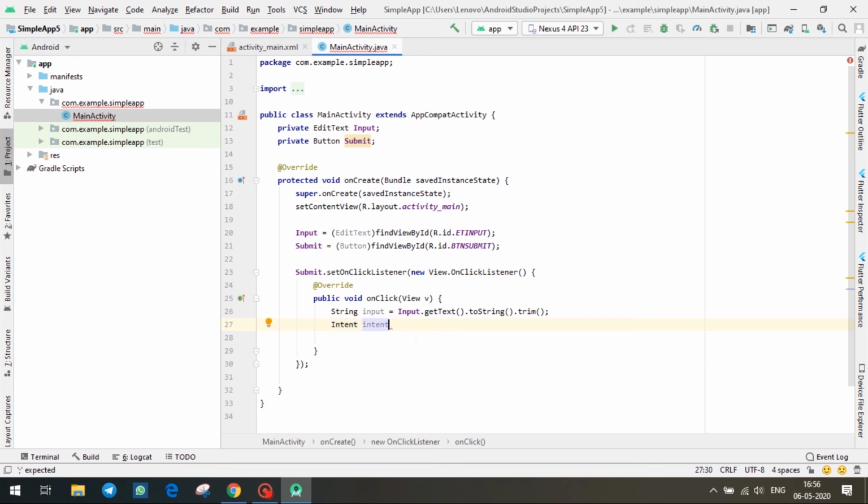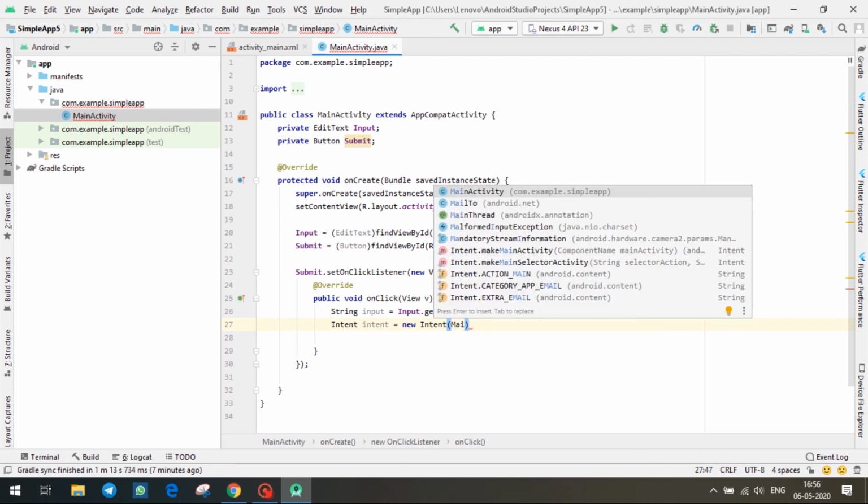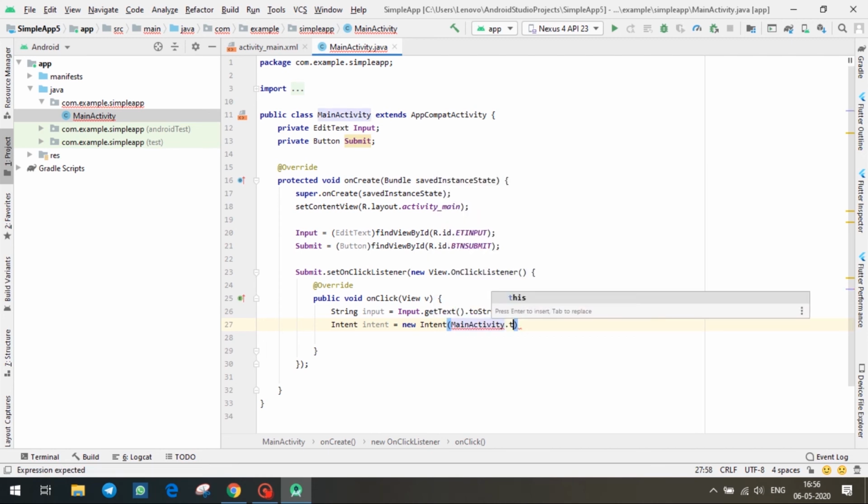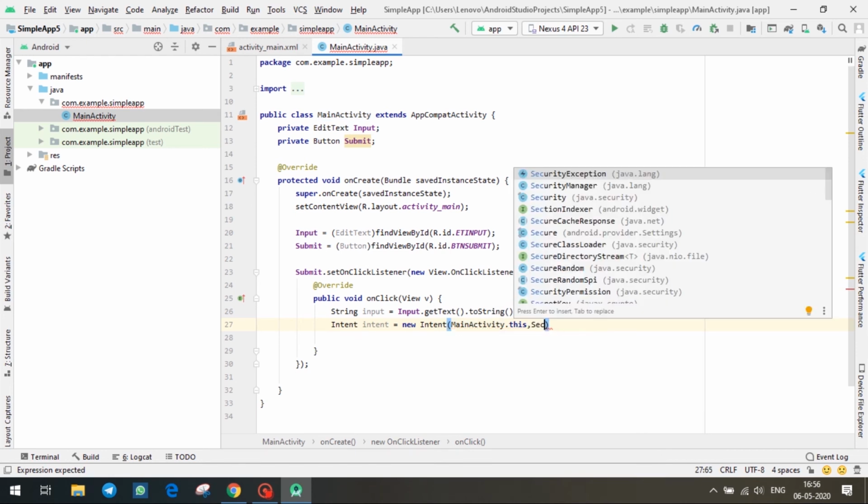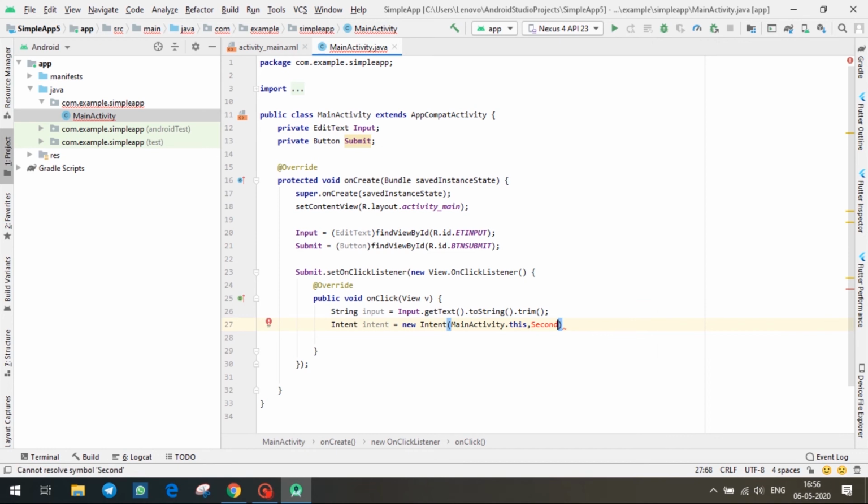So intent equal to new intent. So do remember this function, guys. This is one of the most important functions which we use across Android Studio. So second,